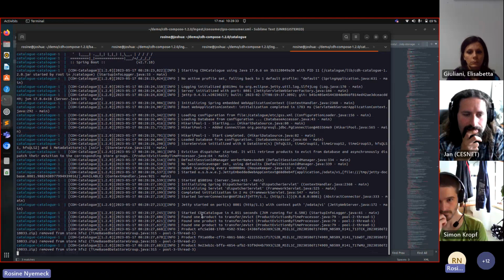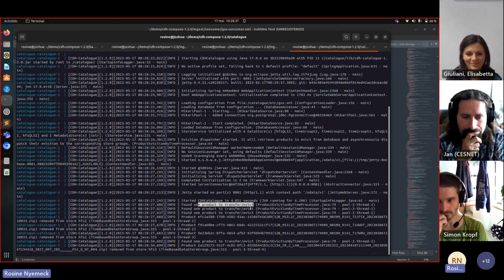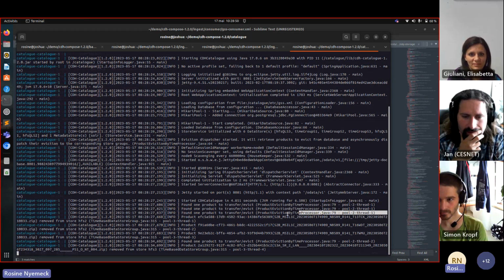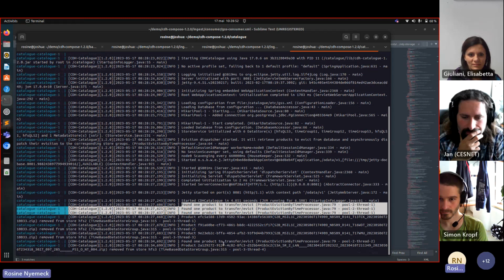I defined a keep period very, very low, 2 minutes or 3 minutes or 4 minutes. So there are many products to evict. We define the eviction on the catalog. So it will perform it. But we can check to